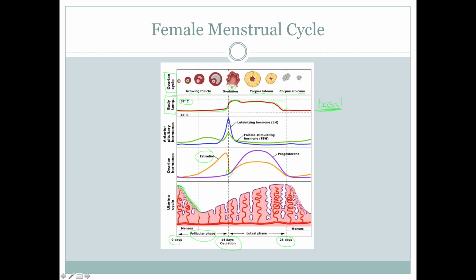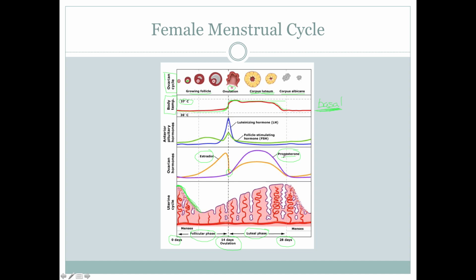Then, after the egg has left, well, now it's ovulated. What's there to make more estrogen? Well, nothing. So instead, we are going to have the corpus luteum, the leftover tissue on the ovary. It has its own job, and it's to make progesterone. That's here in purple. So we would say the luteal phase, the part of the phase where the corpus luteum is now in charge, is predominated by progesterone.